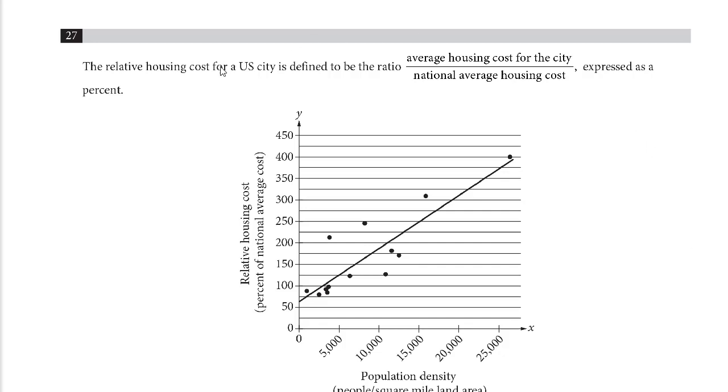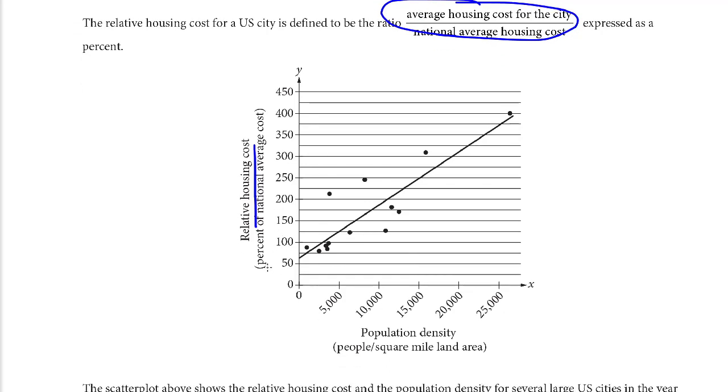Number 27, we have a chart, looks like a scatter plot with a line of best fit in it. On the y-axis, it's the relative housing cost, percent of national average. Well, that's defined as the average housing cost for the city divided by the national average. And I guess the numbers are in percent. Okay. And across the x-axis is going to be our population density, the number of people per square mile